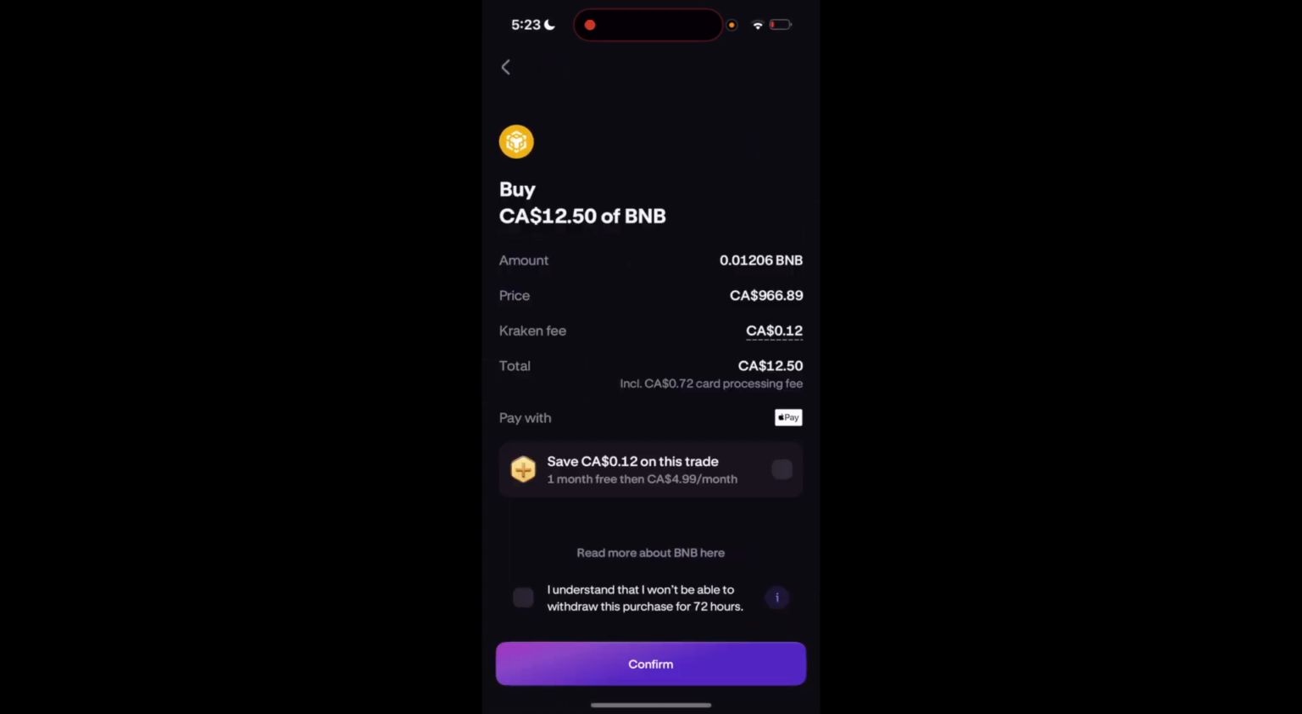Once you're here, it'll go ahead and show you the amounts, the price, the Kraken fee, and the total. And if you want to proceed with the transaction of BNB, check the little box and then go to press the purple confirm button and then proceed that way. So very simple, very straightforward. This is how to buy